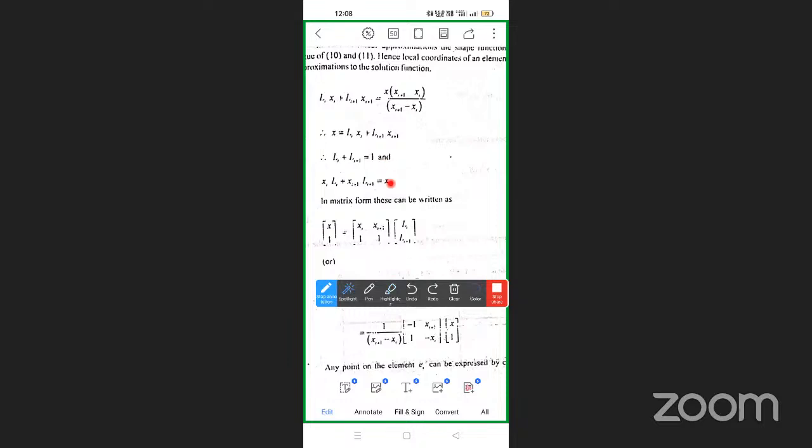RHS 1 comma x or x comma 1. First x, next 1, x comma 1 and xi plus 1, xi first row, xi plus 1 and 1 comma 1 coefficients of Li plus 1 into Li plus 1. So this is the matrix form. Or so this can be written as